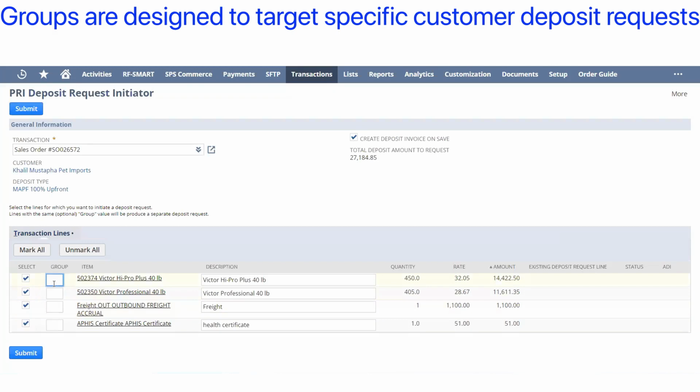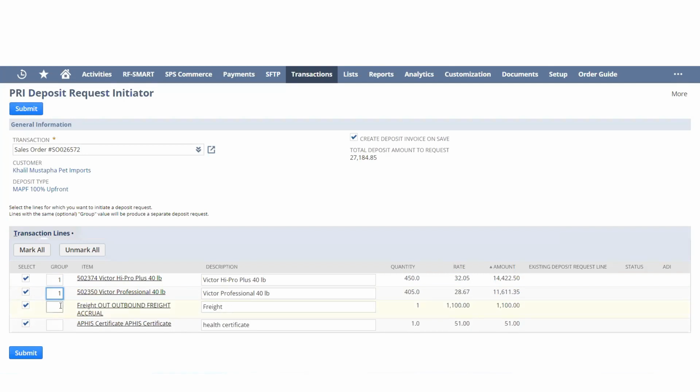And using this grouping concept, you can say, I want these ones to be on the same request. So it's just a number. It has to be any number, but it's basically grouping them together. So if I did this and I did 2 and I did 3, all I'm telling the system is I want to generate 3 requests. These 2 lines on one, that one on a separate one, and that one a separate one. And then if you want it all on the same, you just leave it blank and it will group all